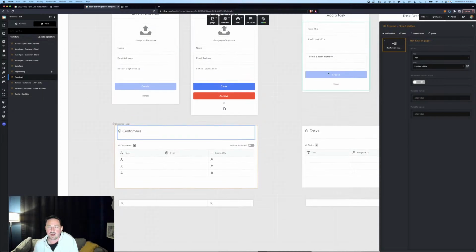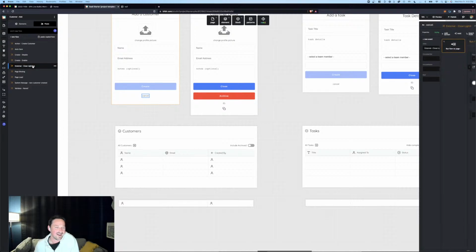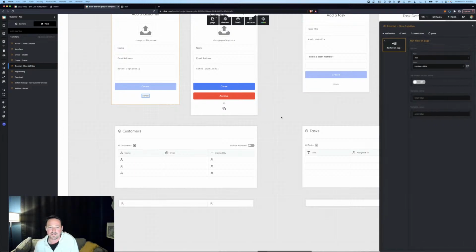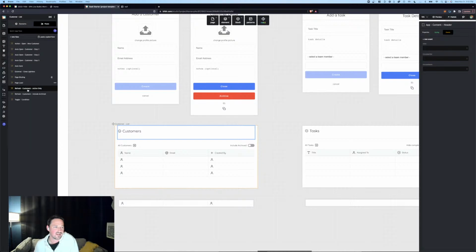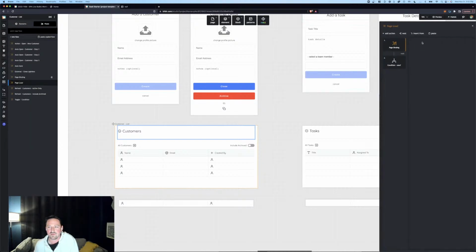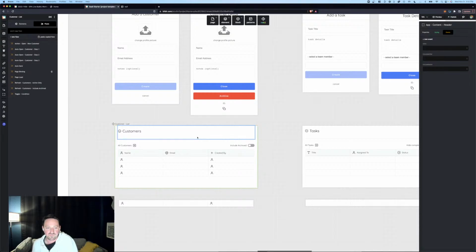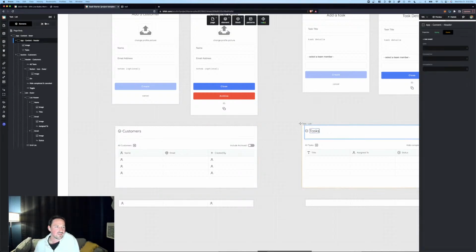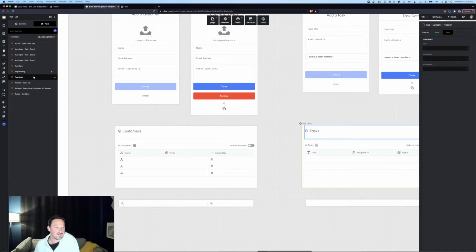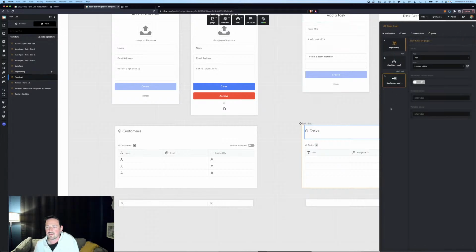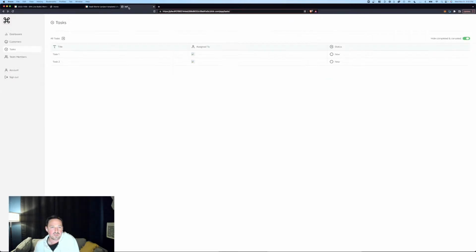Just realized I copied the flow and pasted that in instead. So I'm going to remove that, go back over here. I don't want to copy the flow. I want to actually just copy this action. I'm just going to set this inside of the page load. All right, and we'll remove this from here, because I don't actually want it as a flow. I just want to do it directly in there. So flows and in page load and paste. All right, and I think that will now make it to where when I go here,